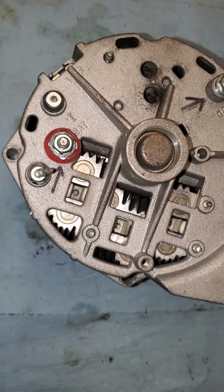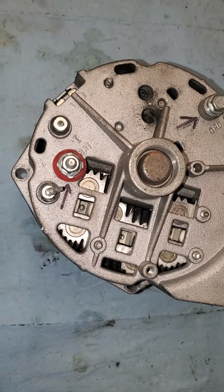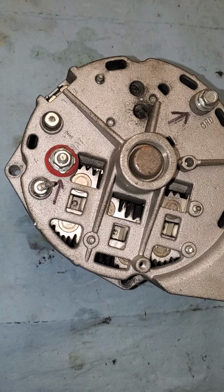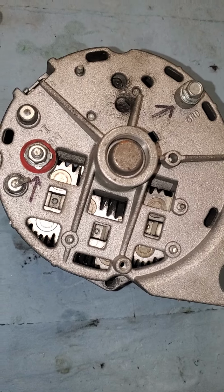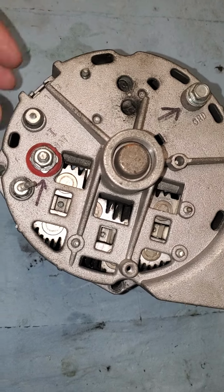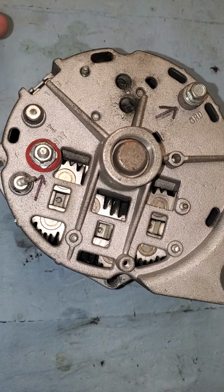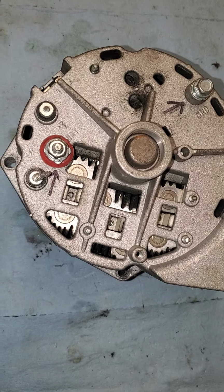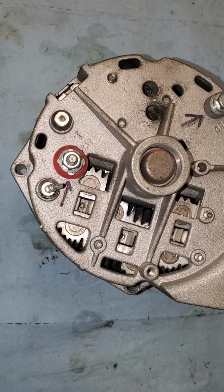So now that that's out of the way, the next thing we want to talk about is if you have a truck with our alternator in it and the batteries get run dead for some reason, you leave the lights on and the truck's not running and the batteries die, you may lose the magnetic field inside your alternator. And so you start your truck back up, you jump it, you start your truck back up, and you'll find out that it's not charging. What you need to do to remedy that situation,